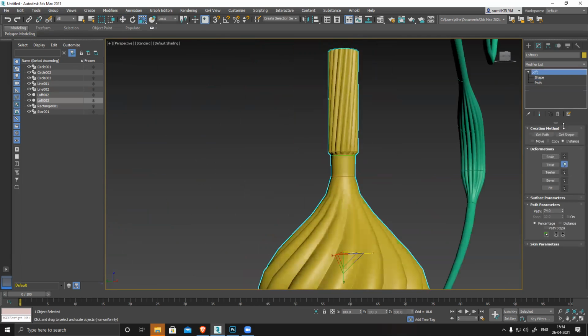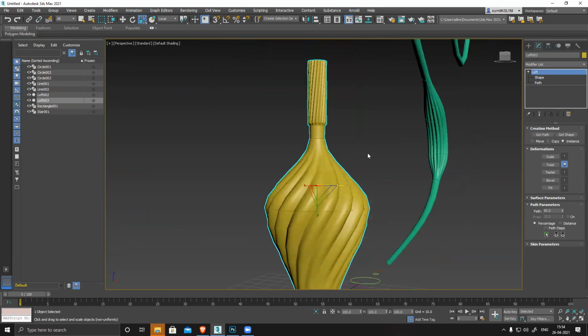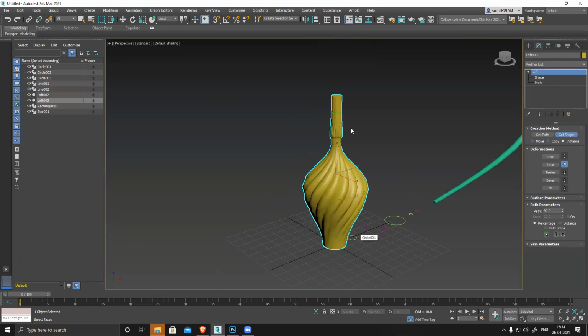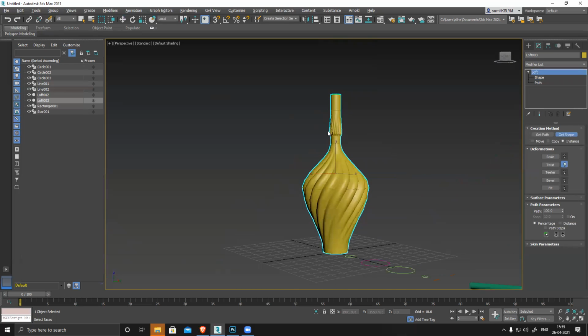and then go to loft again, maybe 90, get shape, and maybe 100 also, same shape. You will lock the shape.